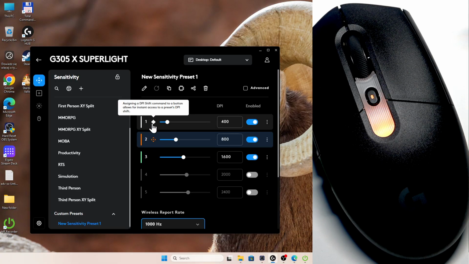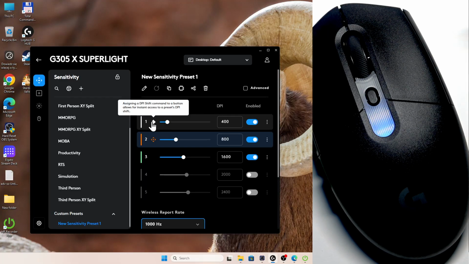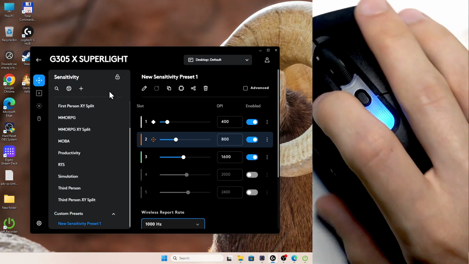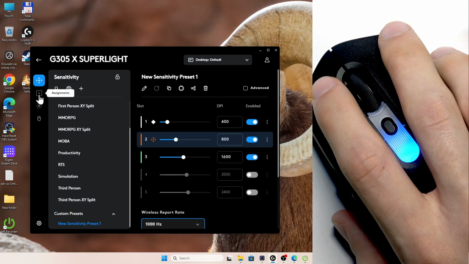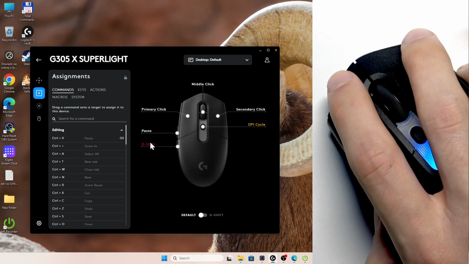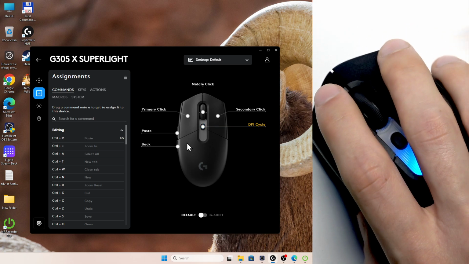Now one important thing in FPS is that we would most probably want to have some sniper DPI, which is basically this option right here, but we don't want to switch between DPIs in order to slow it down temporarily while we are scoping with the sniper rifle. So in order to set it up for ourselves, we're gonna have to go to assignments. Now let me set all the assignments I have here to default. Okay, now